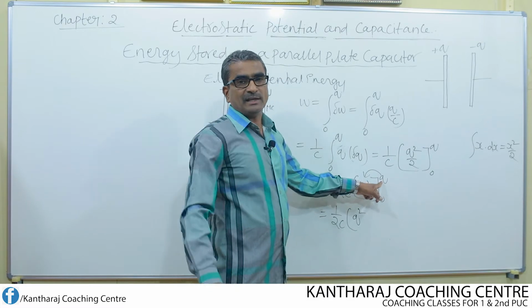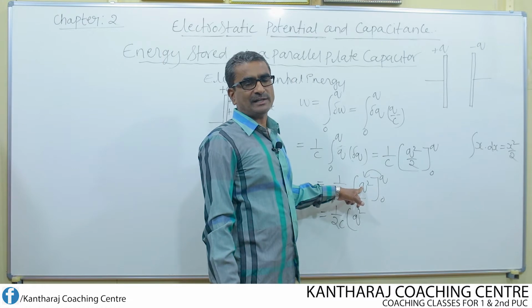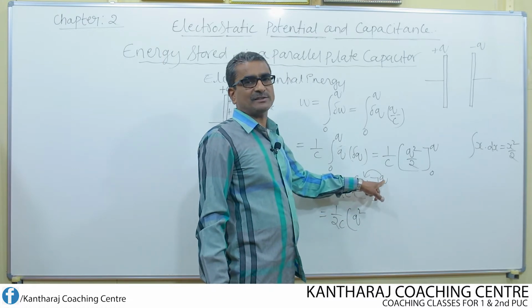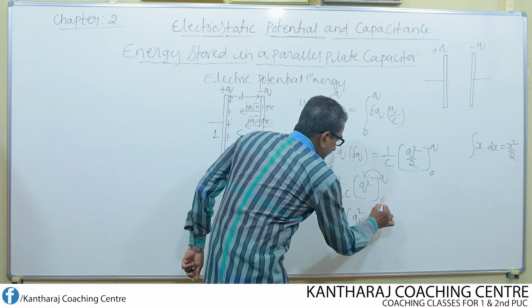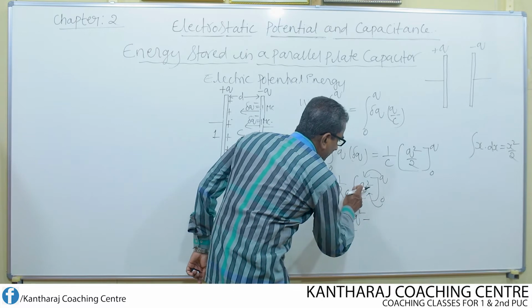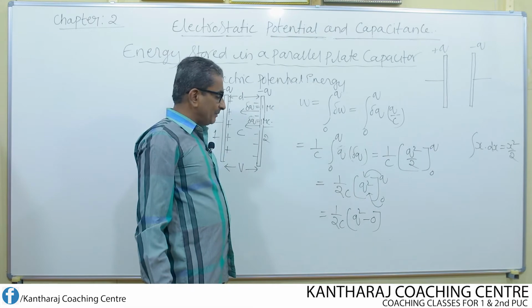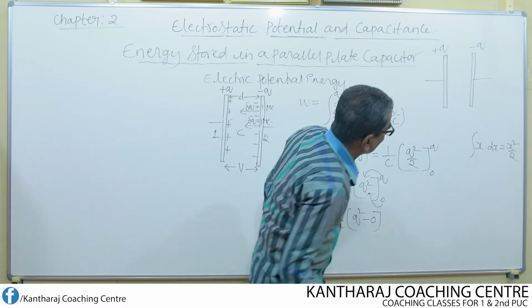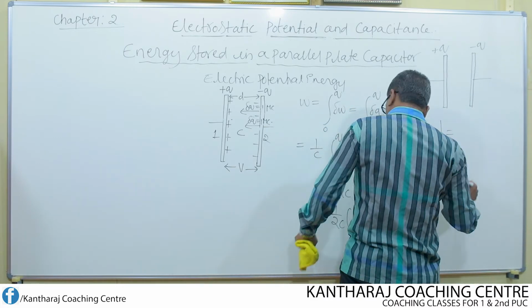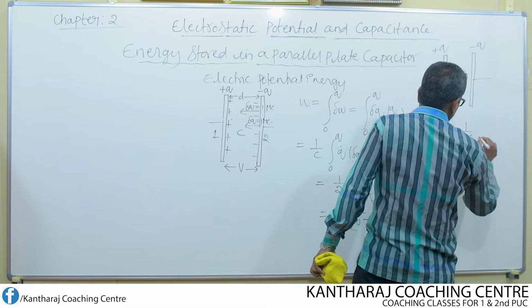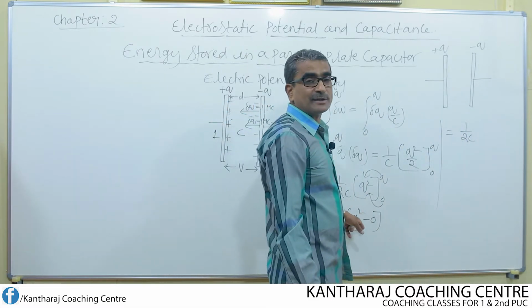Suppose the upper limit x is there, and if I substitute x, then we get x square. But here Q itself is there, so in place of Q, Q means Q square. Then we substitute the lower limit, minus of lower limit. In place of Q, if you substitute 0, then we get Q square minus 0. If you simplify this further, we get 1 over 2C into Q square minus 0, which is Q square itself.